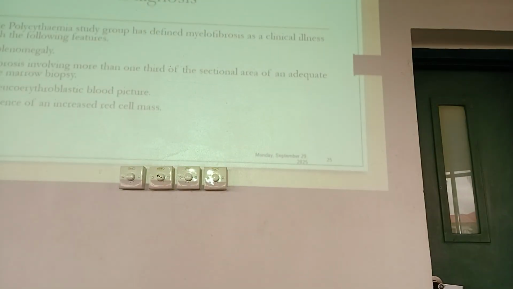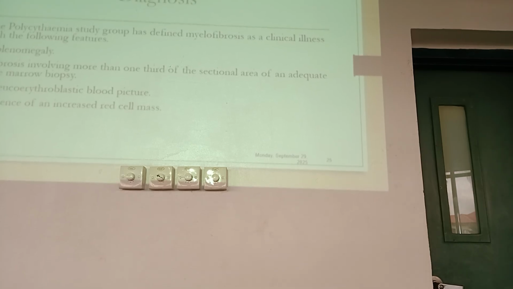These are the criteria to make a diagnosis. There is splenomegaly, which will be massive, fibrosis. If you do bone marrow aspiration, it is a dry tap. Then a leukoerythroblastic picture, you see immature red cells and immature white cells in the peripheral blood. Then there is no